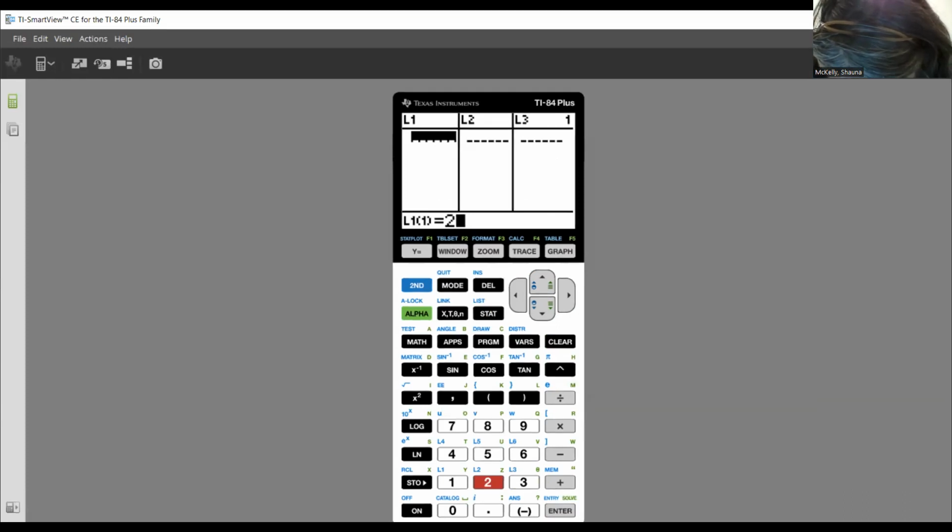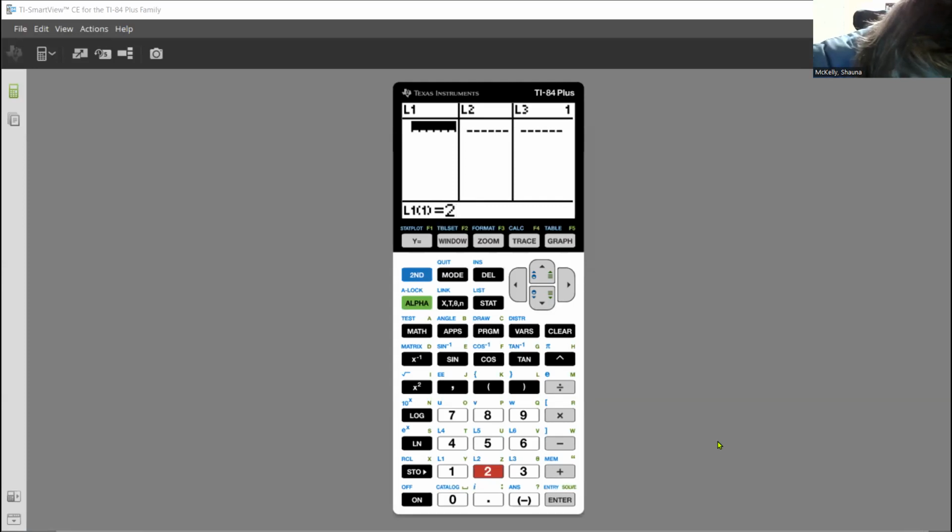Let me also do one thing here before I do that, and that is turn on the caption language. For those of you who are just joining us and missed the first part of what I said, I'm showing the discussion question, and I'm putting in the data from the discussion into the graphing calculator as I speak. Average distance, I'm going to put in my L1,